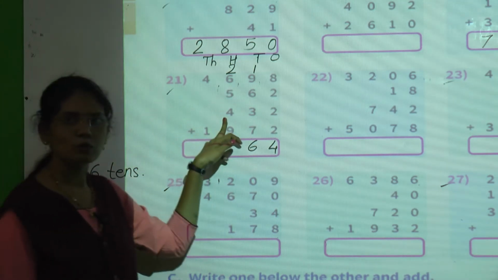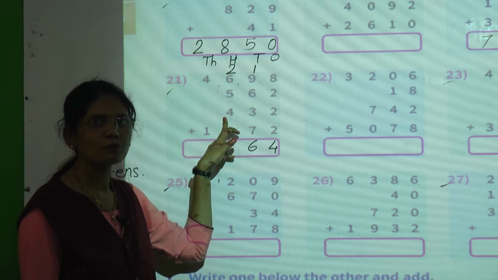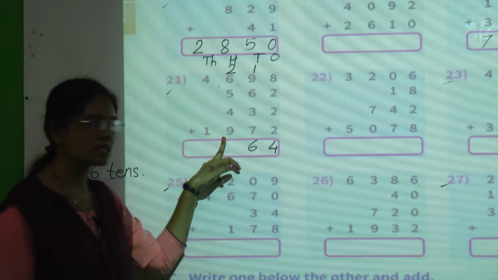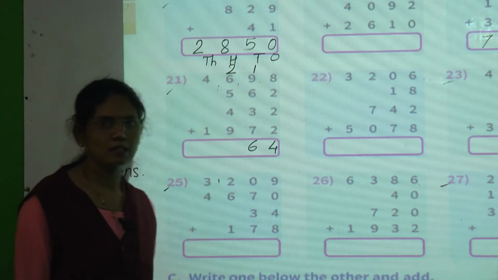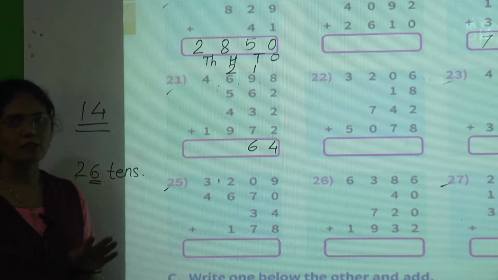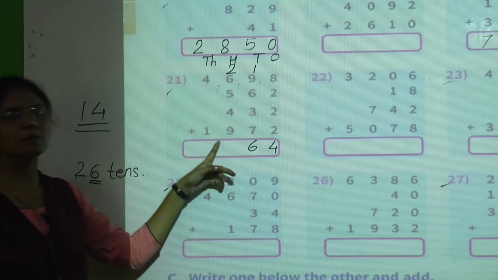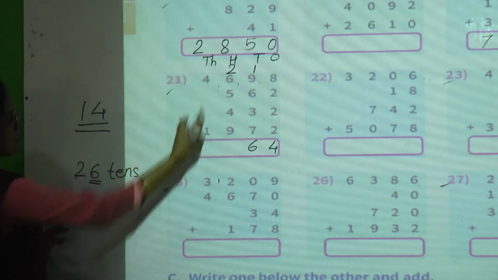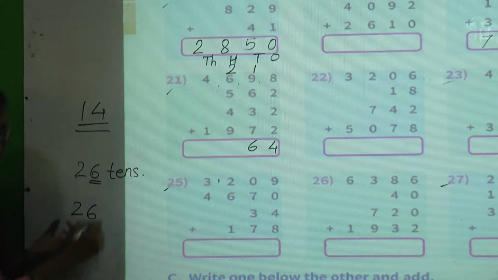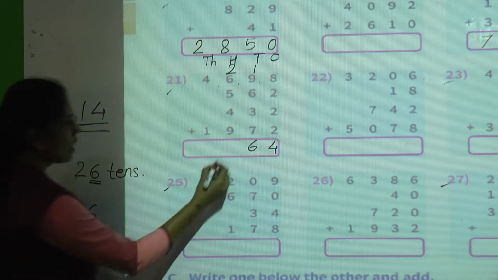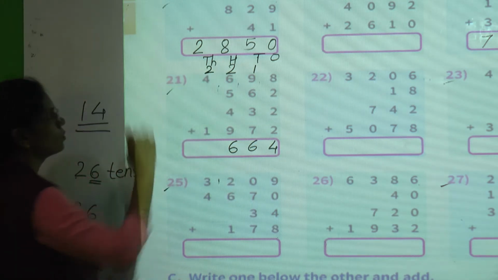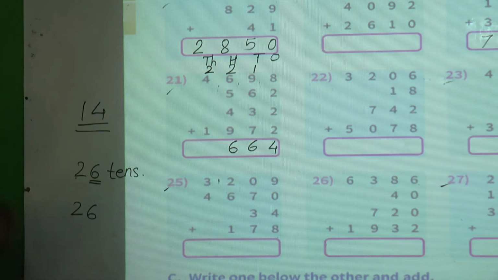13 plus 4, do the addition. 13 plus 4, 17. 17 plus 9. Now after 17 show your 9 fingers and count those 9 fingers after 17. 17 plus 9, 26. So 26 hundreds. 26 hundreds means what? 600 and 2000. So we will write 6 here and give a carry to the thousands place.